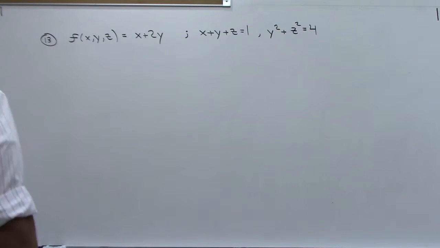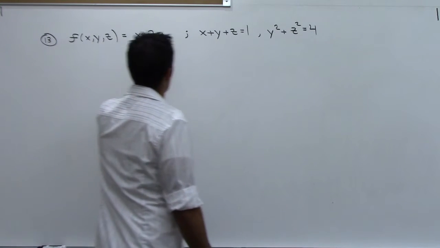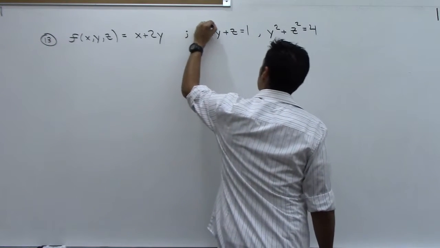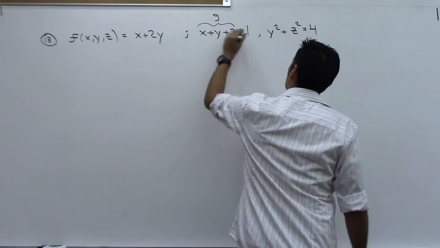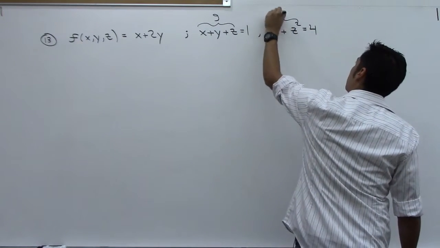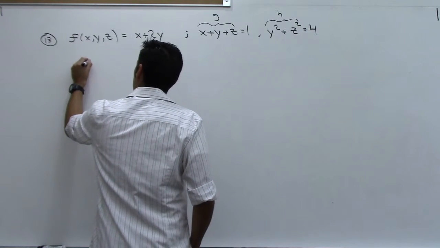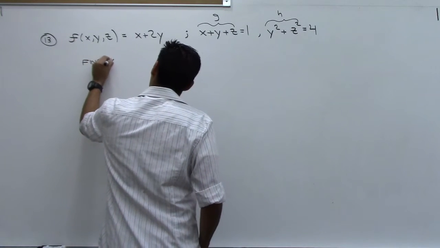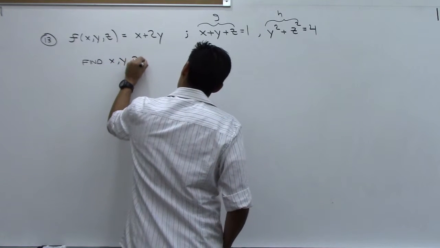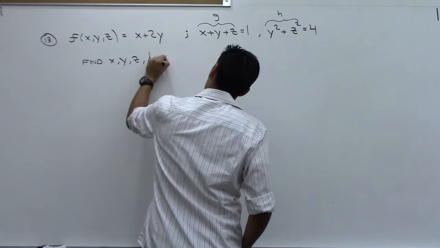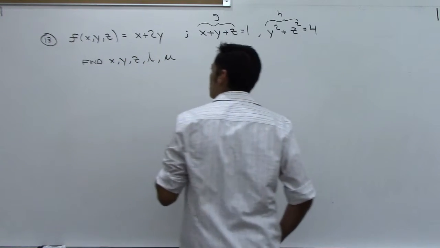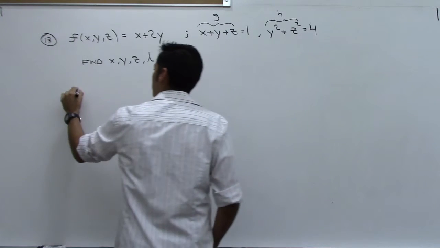Since I don't do it in the notes, but I'm sure I'm going to mention it in lecture, what we're going to do is of course, this is our f function. This is our g function right here. And this is now going to become our h function. And what we need is we need to find x, y, z, lambda, and mu such that